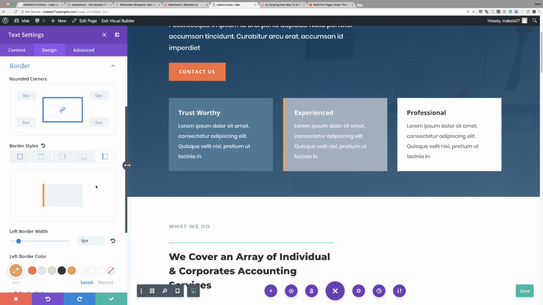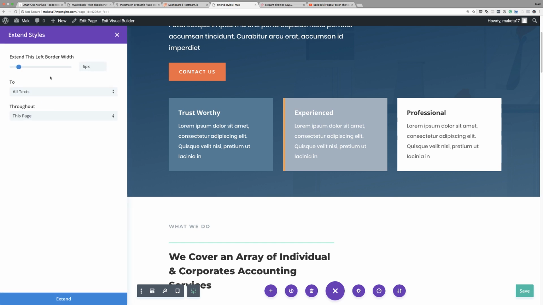Okay, so that's my color right there. So now what I can do is, without leaving this, I can right click, extend border width, all right? So I can say to all text throughout this whole page, but this time I want to do something different. If you take a look at how this is structured, if you read it from top to bottom, it makes it easier to understand what you're trying to do. So extend this left border width of 6 pixels to all texts throughout,